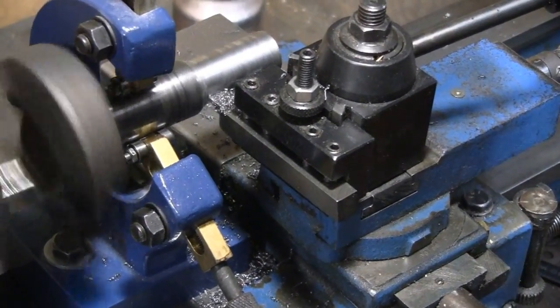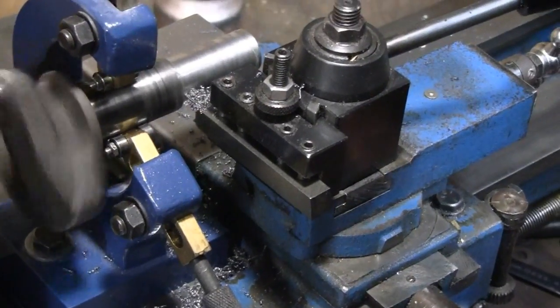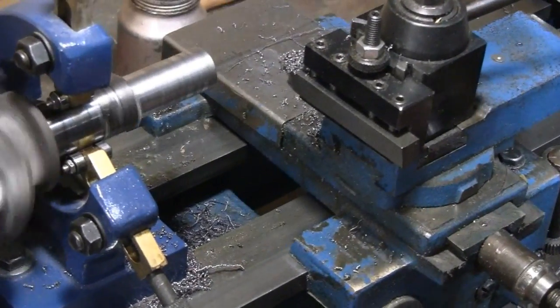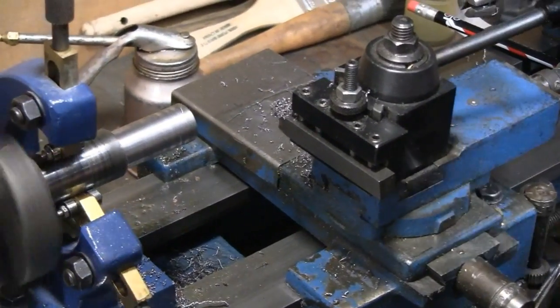The steady rest makes a world of difference. It's so much more rigid now. I know. There's no chatter, no nothing. I used to blame it on a tool when I get chatter. Yeah. It really helps having